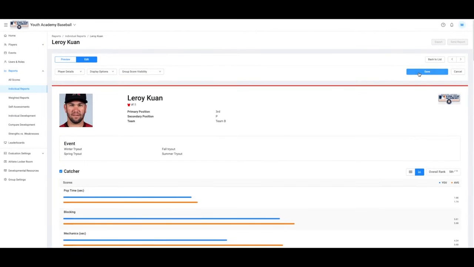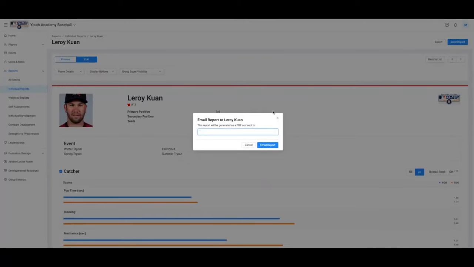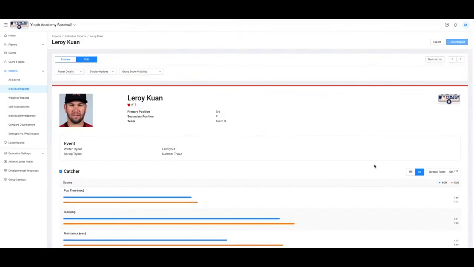We will now hit Save, and our settings will be applied to all player reports. Our report is ready to send. You can easily send the report from here when you click Send Report. Or, if you had multiple events, or you wanted to send reports quickly to your group, we can head over